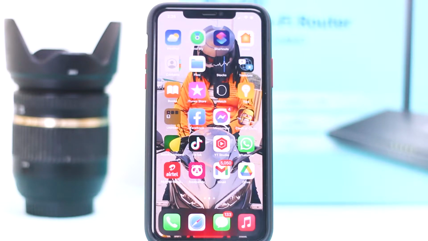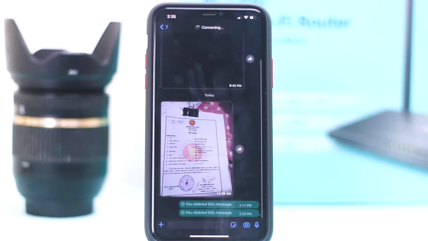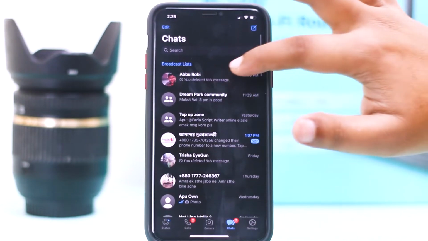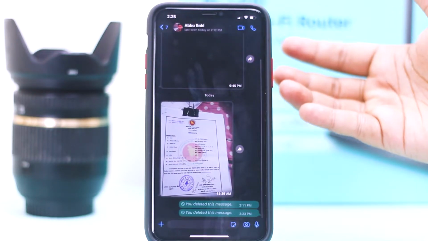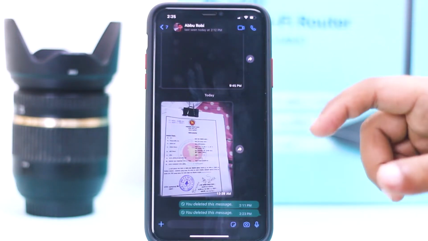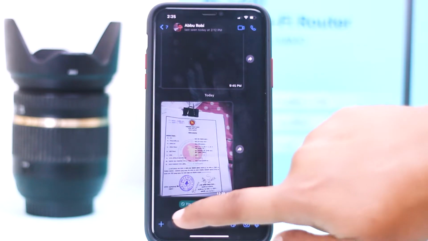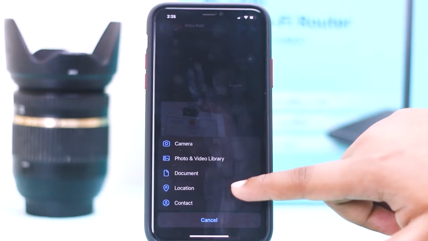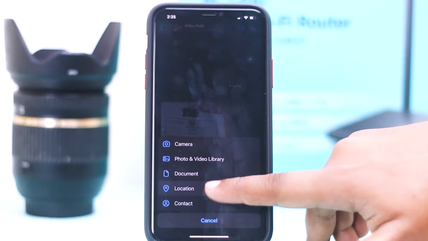And in this video I'm gonna show you how you can share your location to your friends or anyone through WhatsApp. And the very first process, you have to go to the WhatsApp app, and suppose you want to share your location with this person, or I want to share my location with this person, and then the first process I have to tap on the plus sign. Then you can see the 5 options here and tap on location,